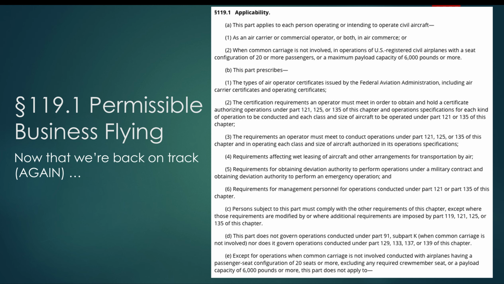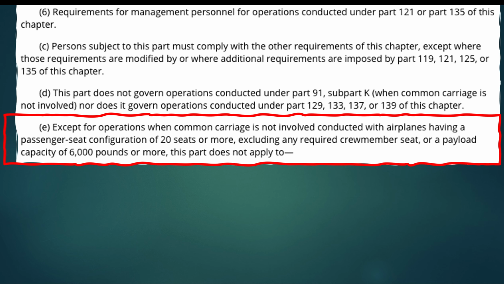So we can scroll down. You know what? Let's scroll way down. Let's go all the way down to that E paragraph on this. And let's make it bigger so we can see it. Except for operations when common carriage is not involved. So, except when you're doing private carriage. If you have a passenger seat of 20 seats or more. So, in other words,